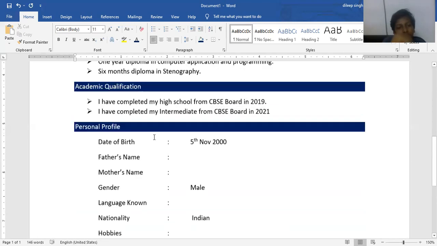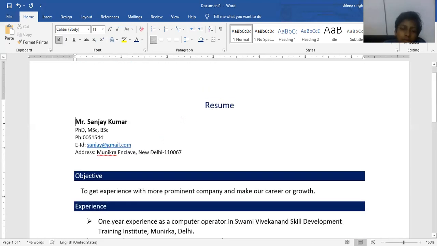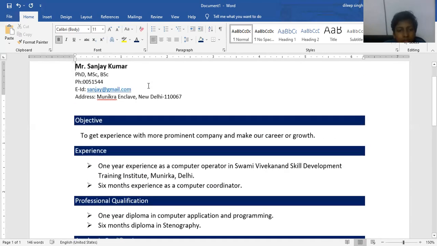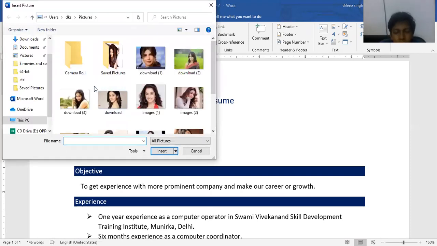If you want to change the text color, you can go for this option. And here we want to add the photographs. Place your cursor on the insert option, and here is the option shape, and we can also select a picture from this option. When we click on picture, here is the option This Device. Just click here, and you can add any picture for your resume.